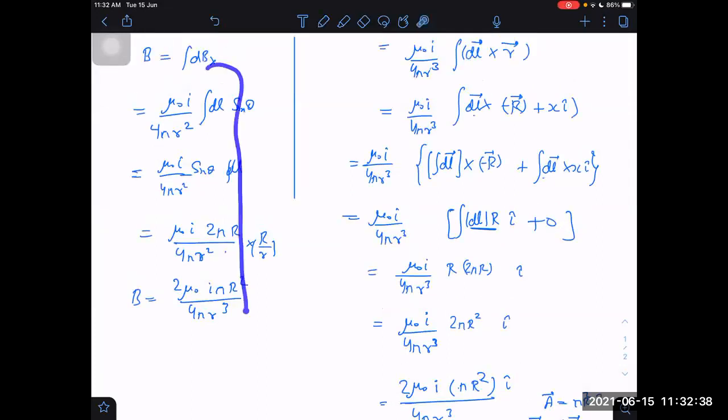It may appear to you that these are 3 or 4 steps, but it is very simple integration. We can quickly see from here itself that dl is 2 pi r. It is almost oral, we can do it this way. What are we getting then? We are getting mu naught into I into area, which is the magnetic moment, upon 4 pi r cube. This is the B value at an axial point.